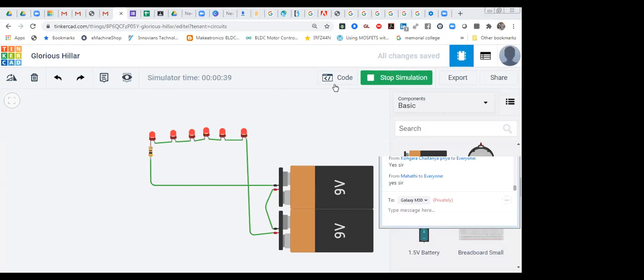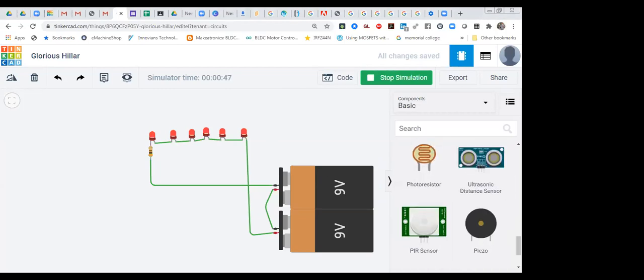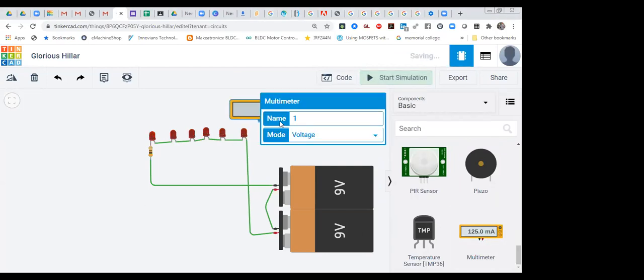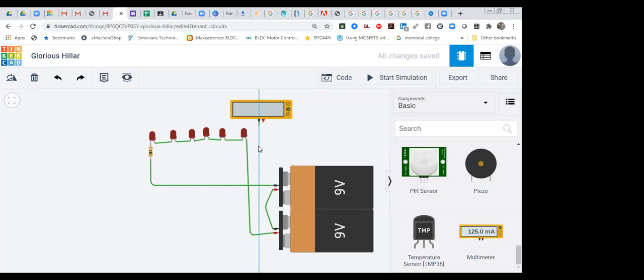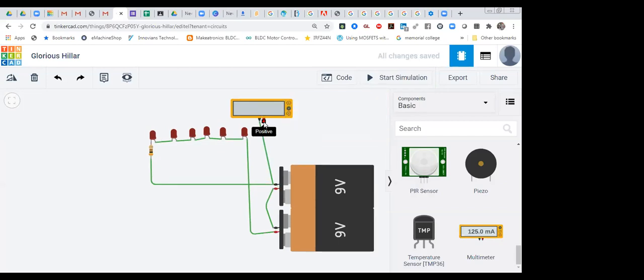So over here, what you can do, you can start it. Now it is working fine. You have connected two batteries. Now you can check with a multimeter also the supply voltage, that how much voltage you are giving over here. So you can connect this multimeter, and ground you can connect with ground. This one is ground, and that positive you can connect with positive output. This output we are taking positive.